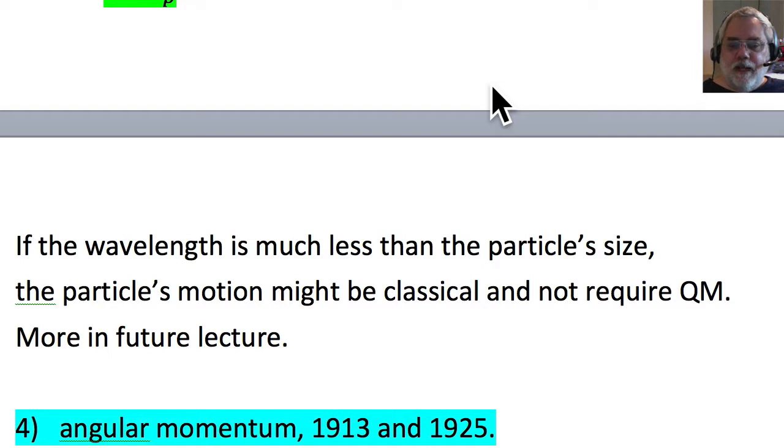The fourth instance is angular momentum. This will be important in quantum mechanics in 1913 when Bohr develops his Bohr model for hydrogen, and in 1925 after Schrodinger develops the Schrodinger equation. This might be a surprise. Why are we talking about angular momentum? I mean, we talked about black body radiation. We never ever talked about angular momentum there. Nothing was rotating. How come we could talk about angular momentum now?